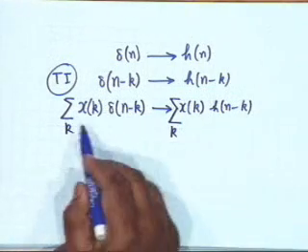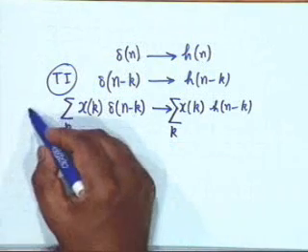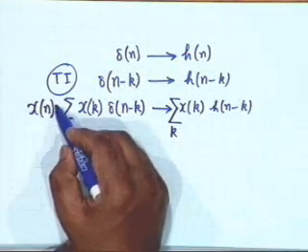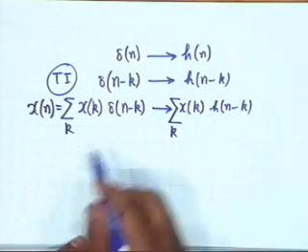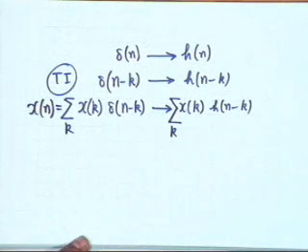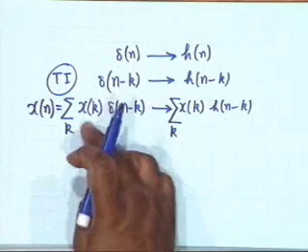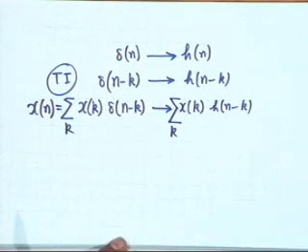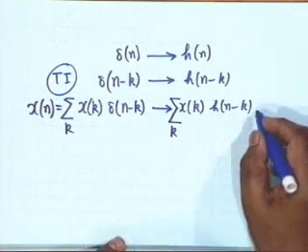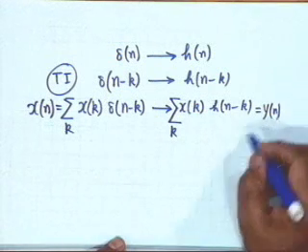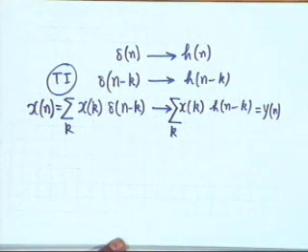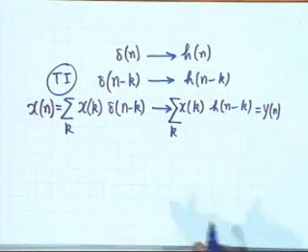Now you notice that the left hand side, this summation, is precisely x of n. Any arbitrary signal can be written as a summation of such components x of k delta n minus k, and therefore the output must be y of n. All right? And therefore I can write